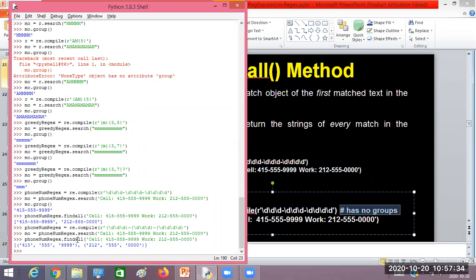Then which one will you use, the search method or the findall method? Findall. Just one line of statement, findall, will extract all the phone numbers from the text file, whatever the length of the document or the number of lines may be. Is it useful or not? Do we require these kinds of functions in real time or not?